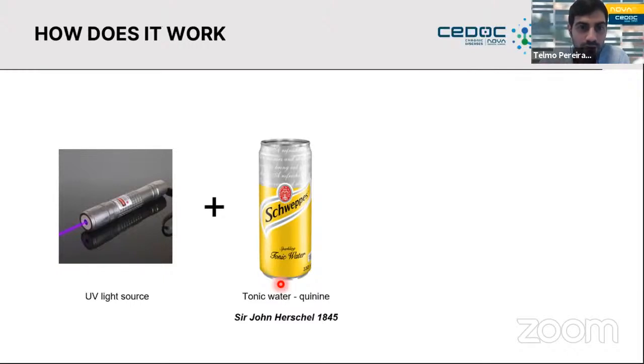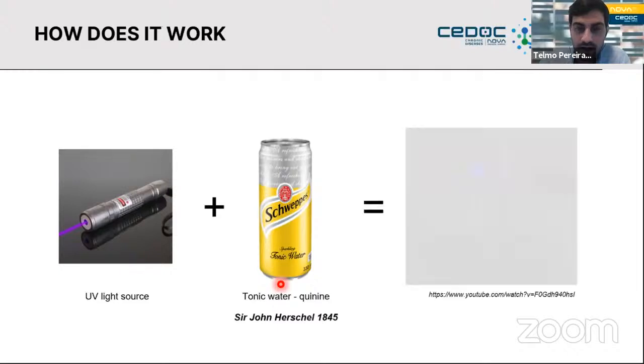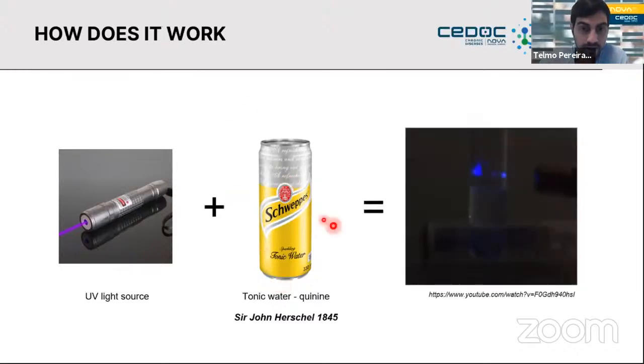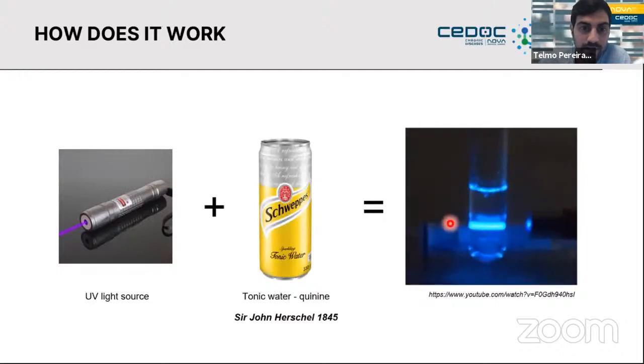And I don't know if you ever done a similar experiment, but if you illuminate the quinine liquid, which you can see here, with a UV light or something around the same wavelengths, you will see a very bright and blue light. So one thing that you can see in this movie